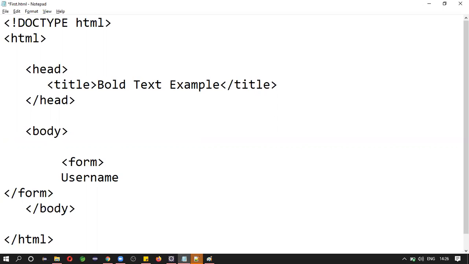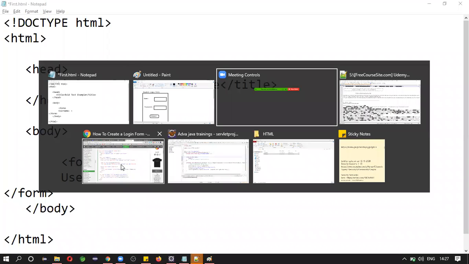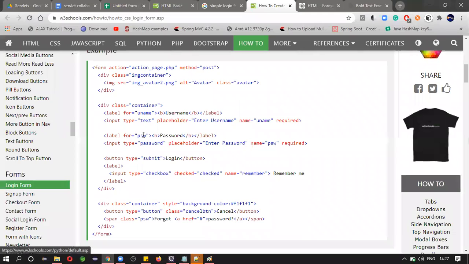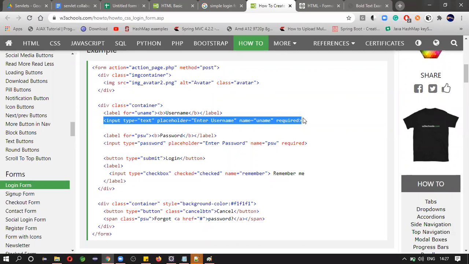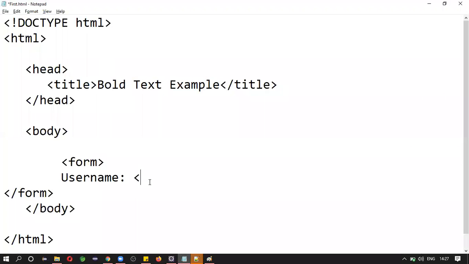Okay, username colon. Next, how to create the text box? See, this is the text box syntax.